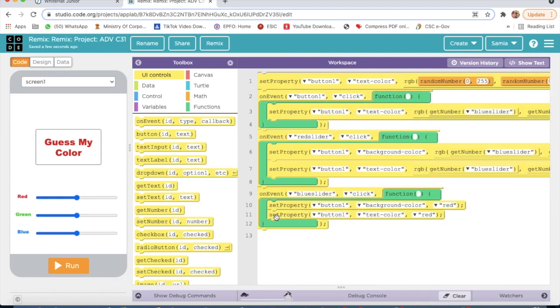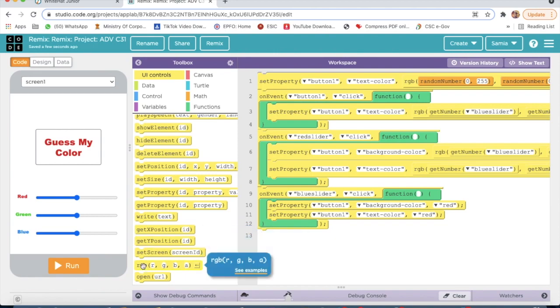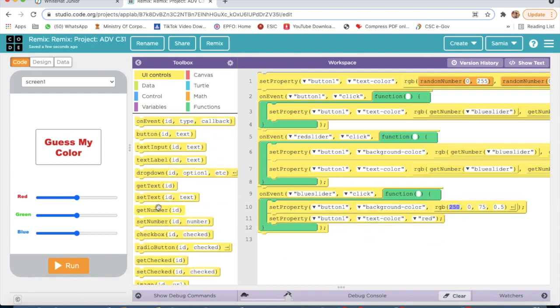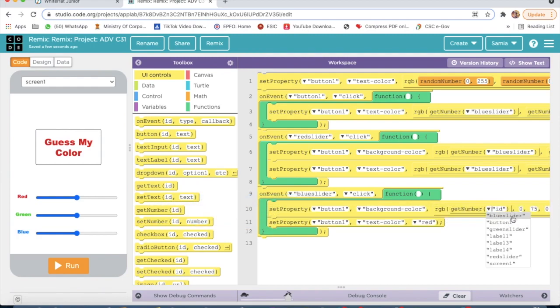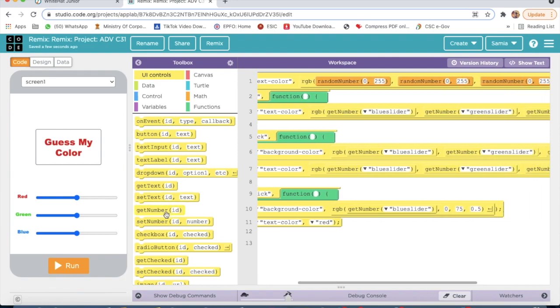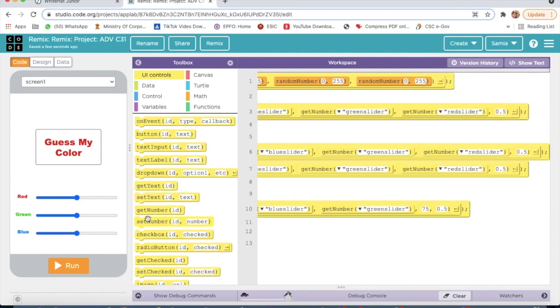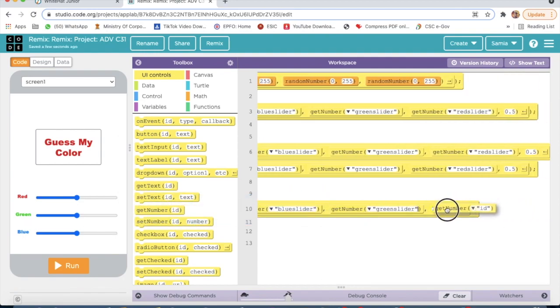Yes, and now again I will take RGB, then get number, blue slider, then again get number, green slider, and again get number, red slider.